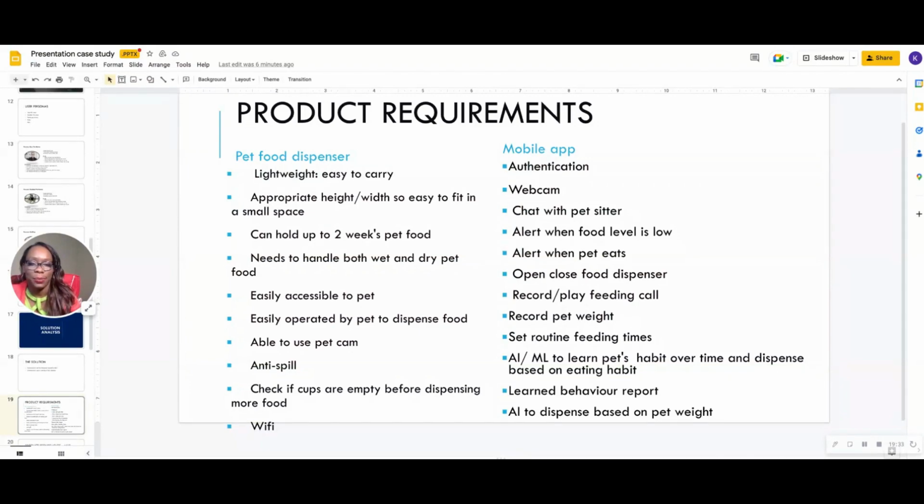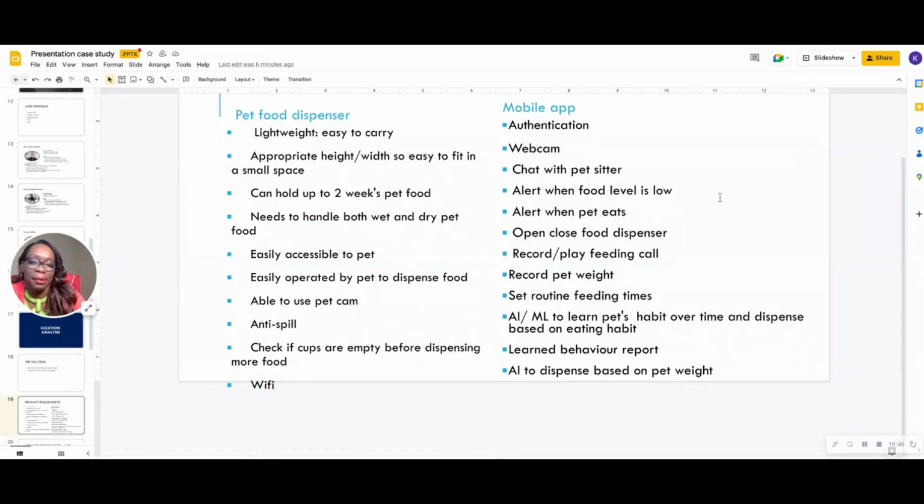AI to dispense based on pet weight. So if the pet is a huge animal, then dispense more. If it's a small animal, dispense less, etc. That would be something that we could have in the app. Now,